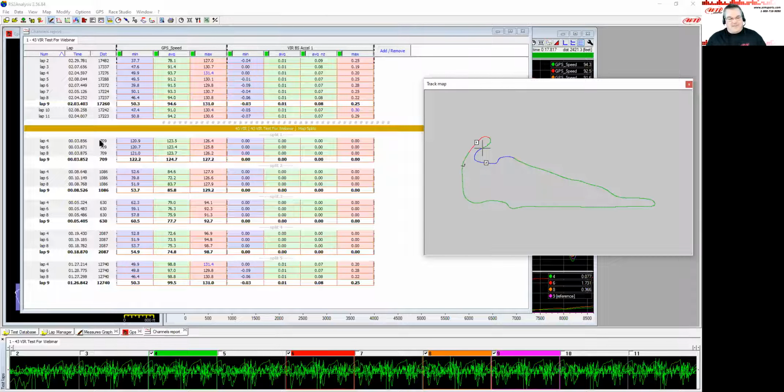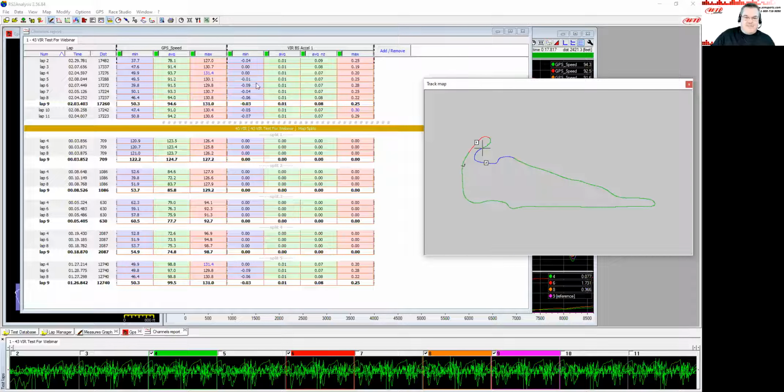So the difference in the driving maybe through the corner isn't showing here. Just full disclosure, just so you don't start leaning on that and think that the driver drove the exact same number all of the time. So I thought you might want to just see that and understand it. Okay. But it's really a cool way of coming in here and being able to break it down by your splits and see the averages and the low water temperatures and high oil pressure, whatever it is that you're after,